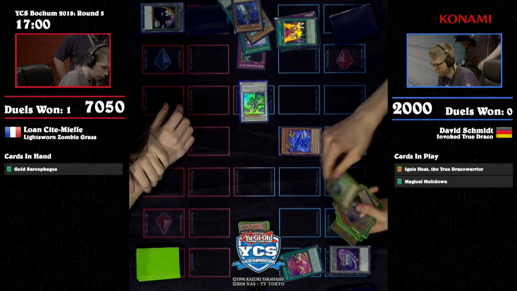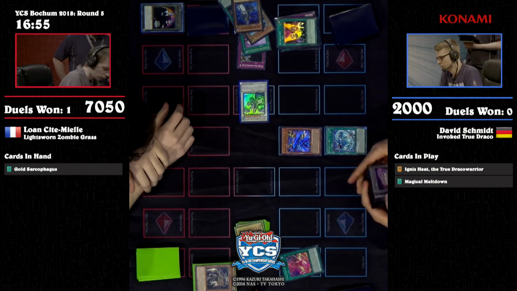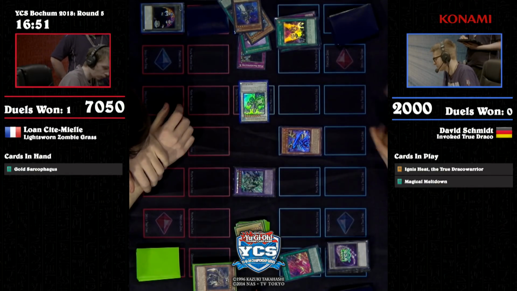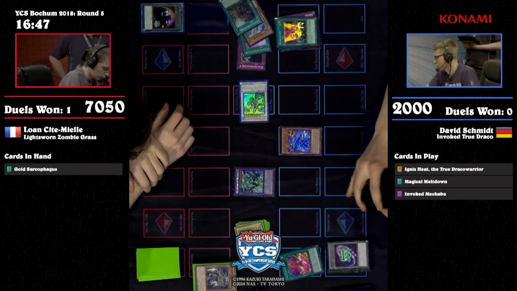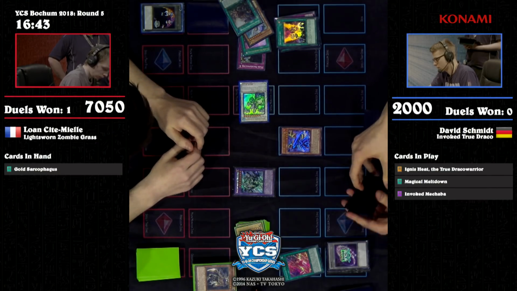And of course, with the Invoked engine, he'll also have access to Purgatrio if we see Luan building a wide board of lots of defense position monsters. It swings in and it can clear out 8,000 life points in a heartbeat. Right. Yeah, definitely not something that...